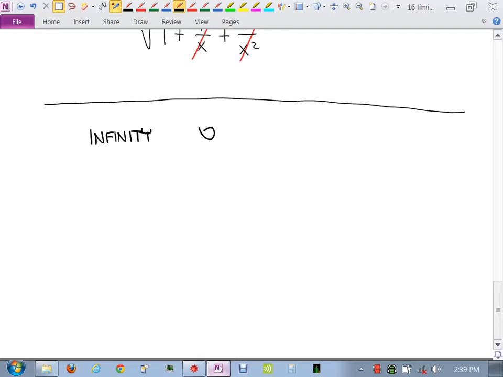Okay, the infinity symbol. Anybody know where the infinity symbol comes from? Well, there's several different arguments as to its origin, but have you ever seen a Mobius strip? A Mobius strip, oh,